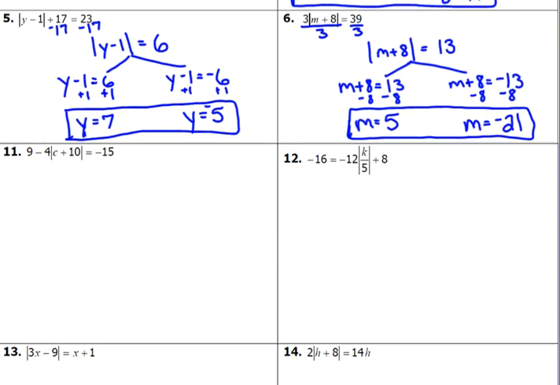All right, number 11. Number 11. This is one that I definitely want to look at because people are so tempted on this problem that their first step is that they do 9 minus 4 and they get 5. You can't do it because this 4 is being multiplied by